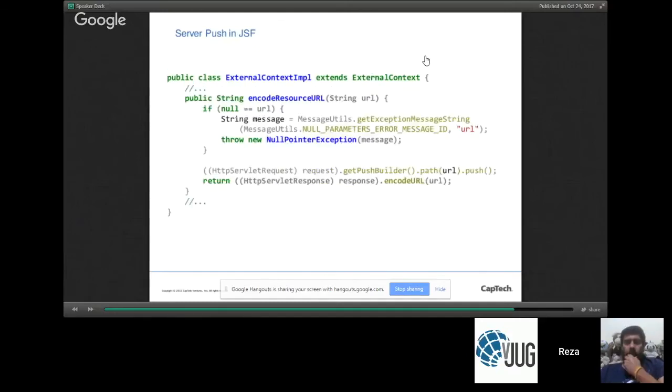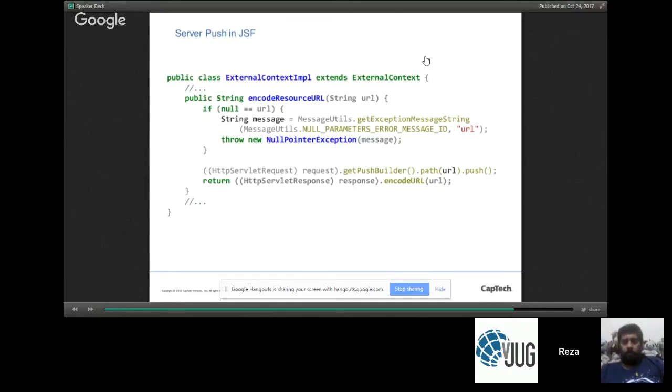So if you look specifically at the resource handling portion of JSF, it has that exact API. It's saying servletRequest.getPushBuilder.path.push, and it's doing that for every single registered resource that is associated with a single JSF page. And frankly, you can do a very similar technique in every major server-side web framework out there.